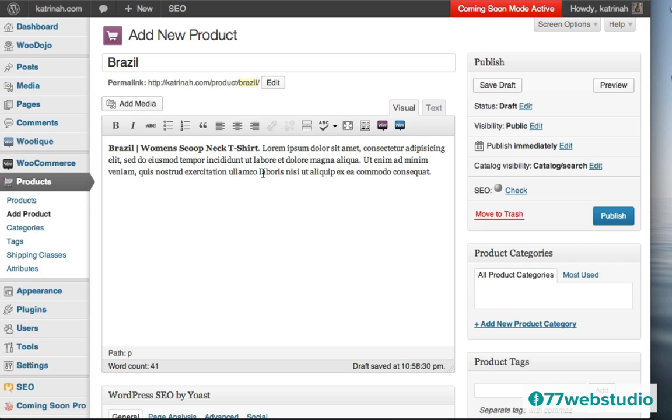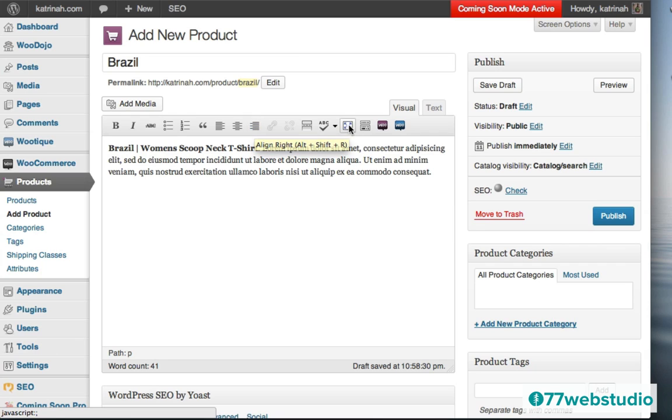Another thing to note about the visual view is that right now you notice that we only have one row of formatting icons. I'm going to click on this button, and notice that when you hover on top of it, you get a yellow tooltip which will tell you exactly what the icon does. And that's true for all of the different icons in this row. When I hover over this particular one, it gives me a tooltip for an unordered list. This one is a tooltip for an italic kind of formatting. So the good news is that you don't have to remember or memorize any of these different icons. If you just hover on top of them, you'll get a tooltip provided by WordPress that tells you exactly what it does.